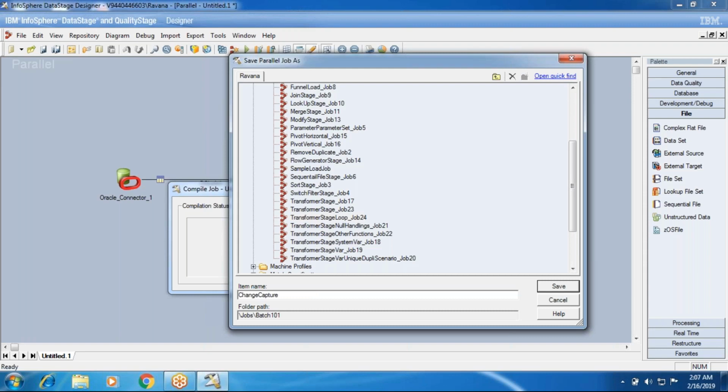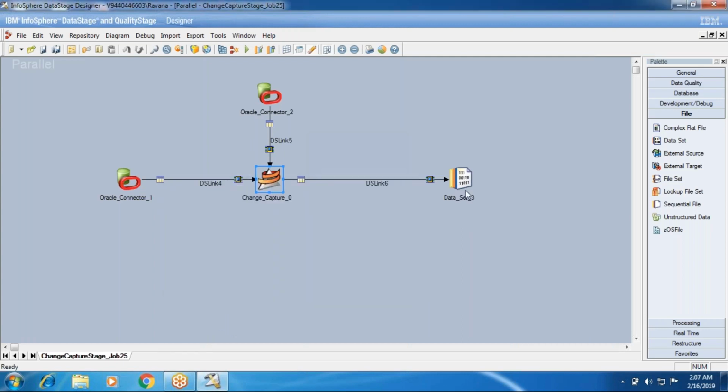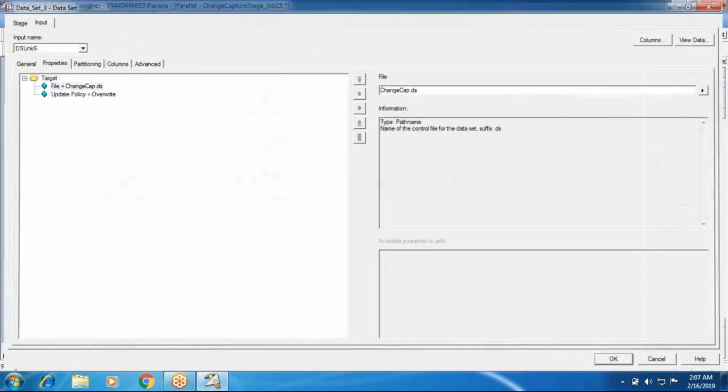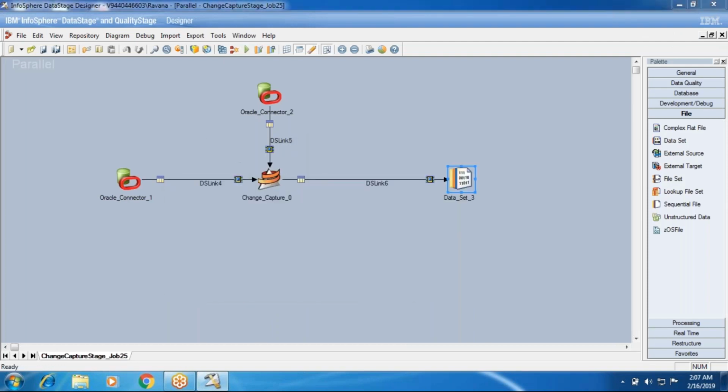Change capture stage job 25. So I'm going to save. Okay, it is saying the value is not provided. I am compiling and running this job.